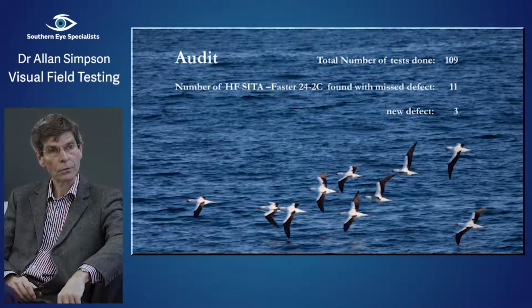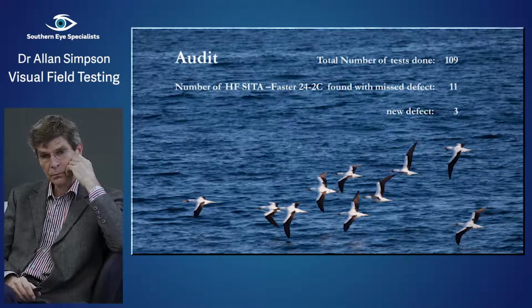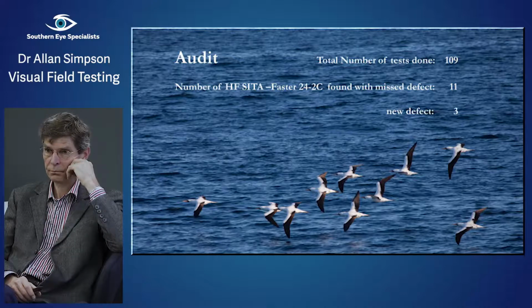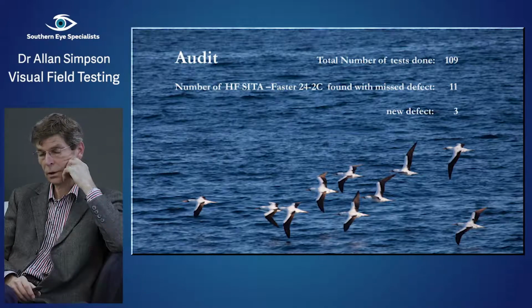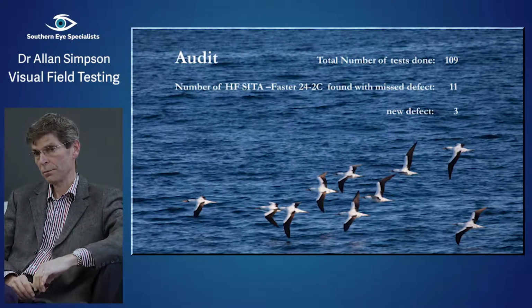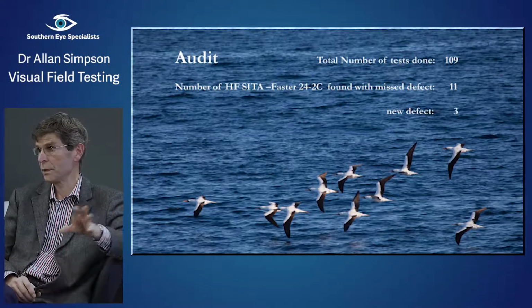And the other big advantage with the new test is that patients love it, but not only that, you tend to get a lot more reliable tests and much fewer fatigue and low reliability flags and so on. So that's got to be good, because it means you're getting more what you're looking for, you're getting it more accurately and more reliably. So I think that possibly makes up for some of the misses you might have because you're taking a few shortcuts and measuring things a little bit quicker than perhaps you are. You're not doing quite so many retest